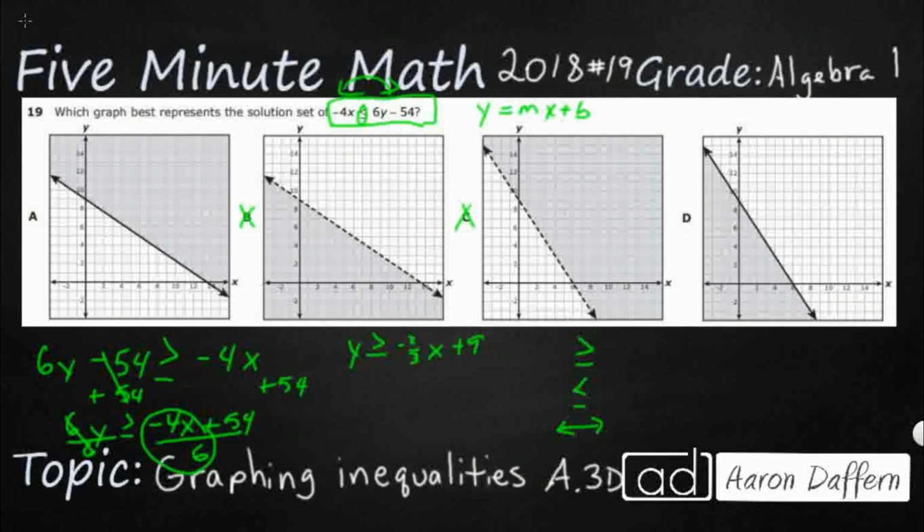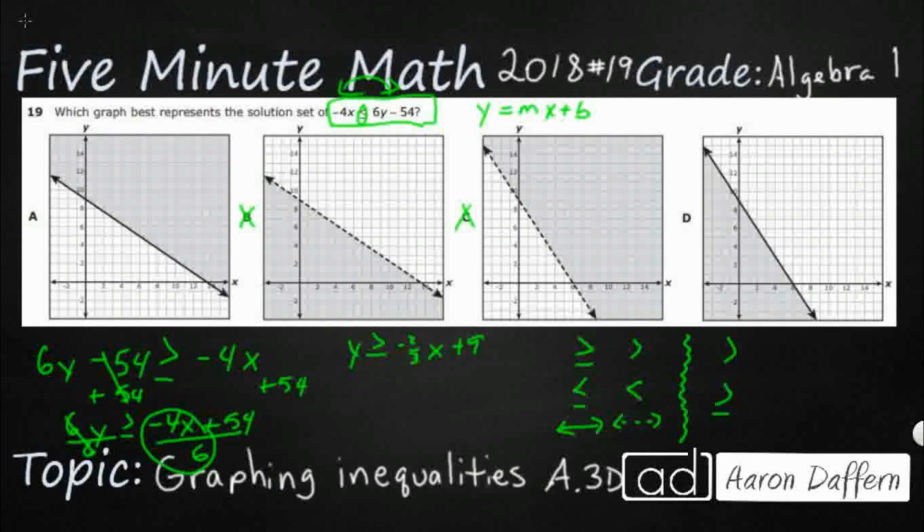That's what happens when you get a greater than or a less than. Those lines do not include what is on the actual line. It's just anything that's either above or below it. So the greater than or equal to means it needs a solid line. Now, that's just the line itself. When we're looking at what is shaded, since it's not an equation, it is an inequality. If you are greater than